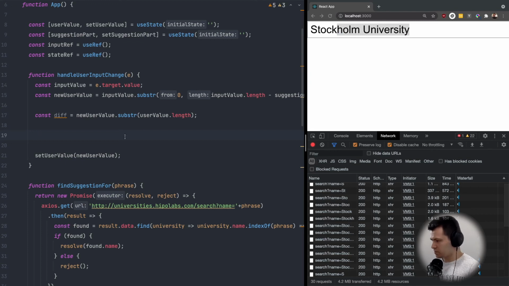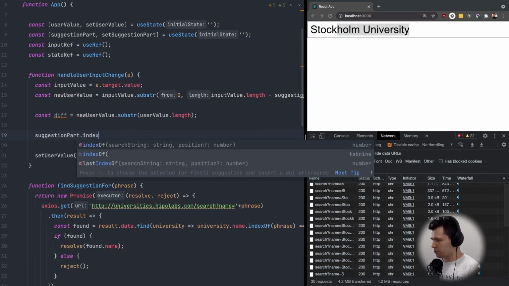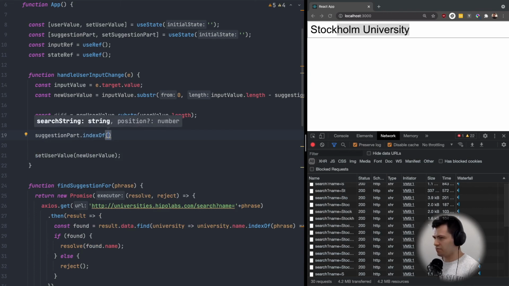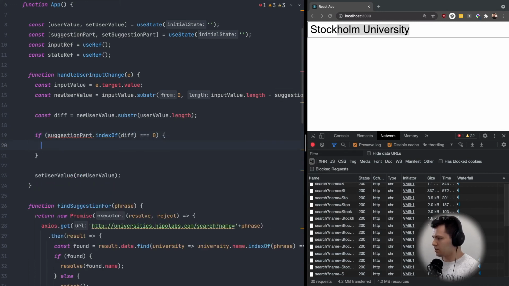So to do this, we need to check that inside suggestion part, let's do index of. So the index of the diff is at the beginning of suggestion part, so equals 0. So the diff, that our h letter, is at the beginning of our suggestion part,